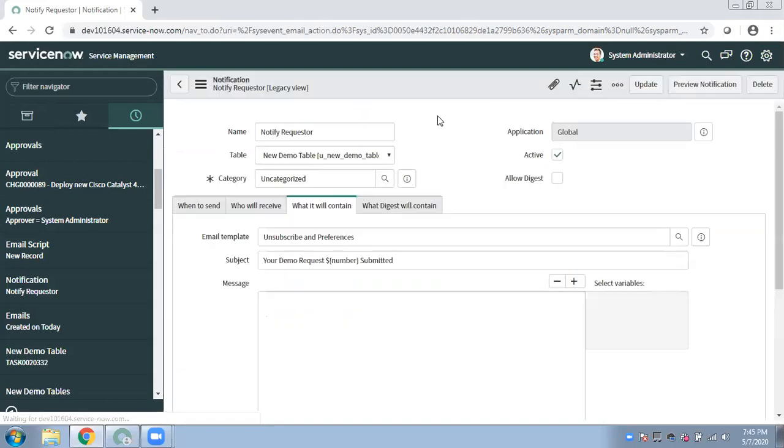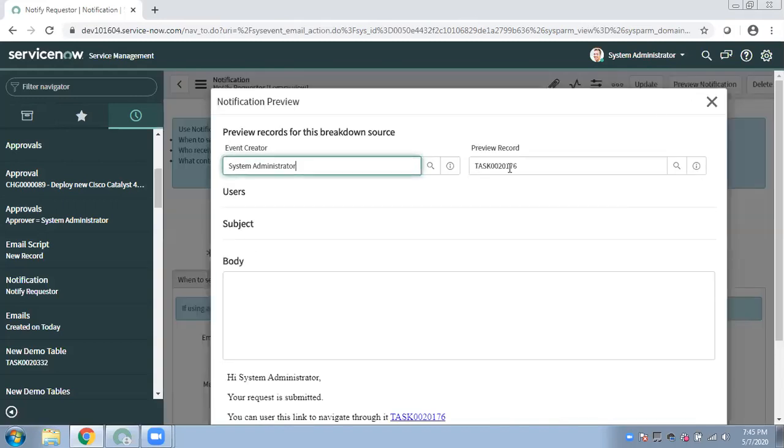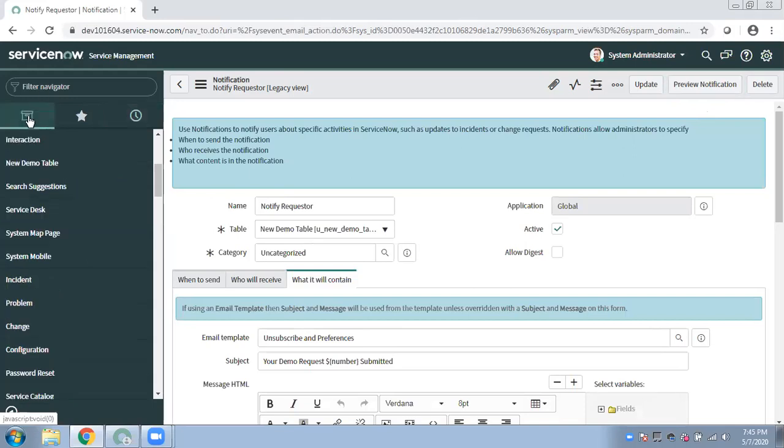And you can also use this preview function. So this is, again, I think you already know. So let me trigger a new demo record.